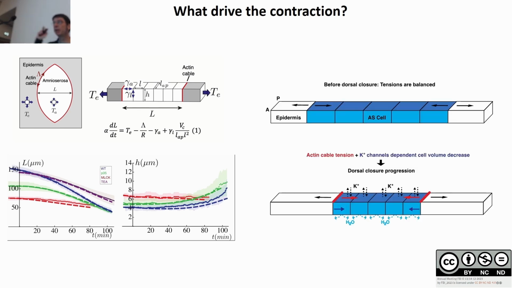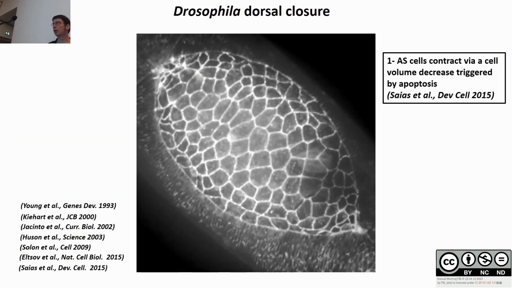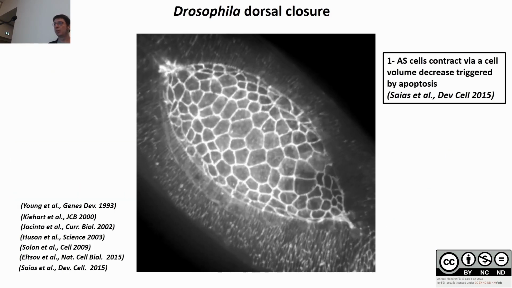And so basically what I told you, and that's the end of this first part, is that at the beginning of the closure, the cells activate apoptosis, and then through ion fluxes, they shrink, and this generates a force that pulls on the tissue. This is interesting because apoptosis is a very generic process that occurs several times in development. And we could imagine that this type of mechanical force triggered by apoptosis can occur in many other places. Okay, that's what I told you: cells shrink by apoptosis.